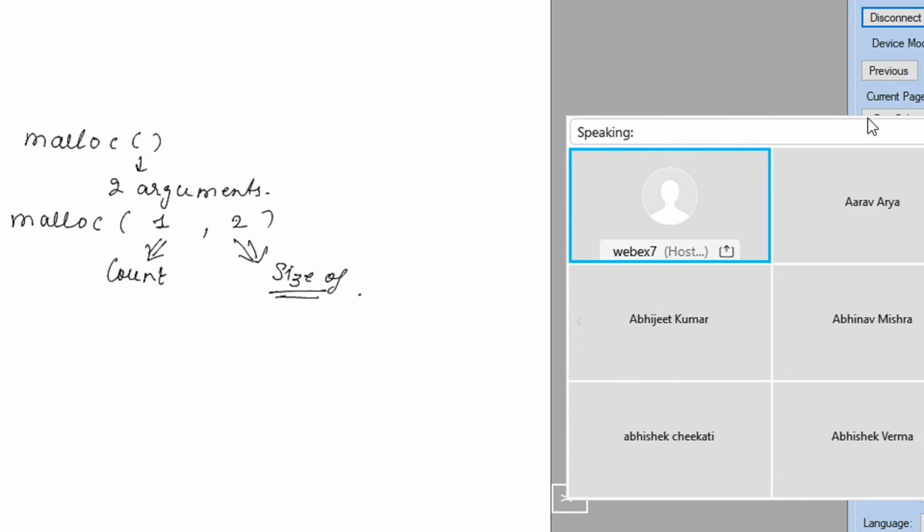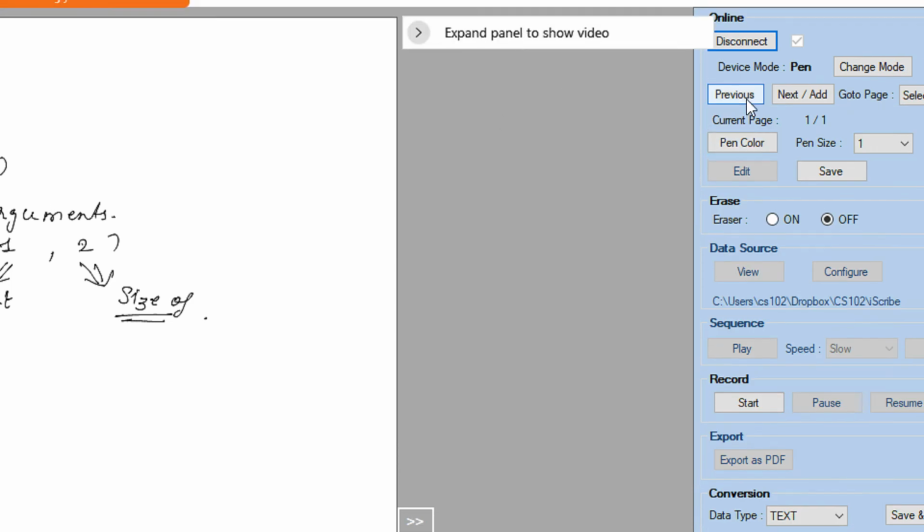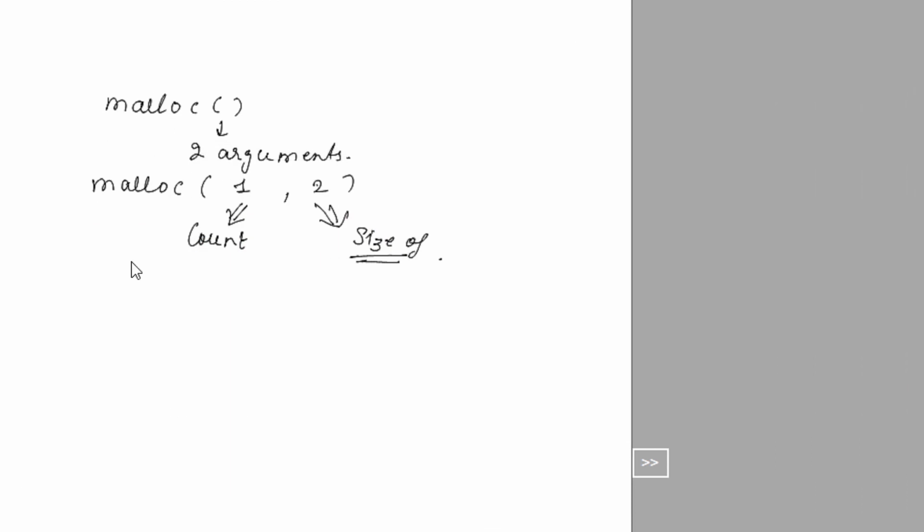Let's say you want to allot 10 integers, an array of 10 members.